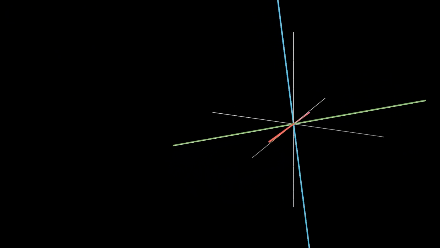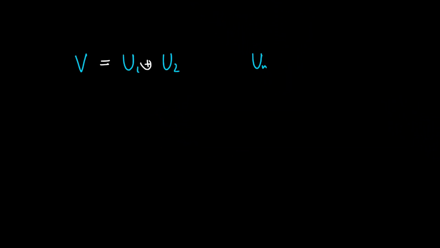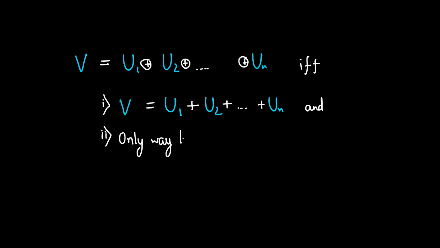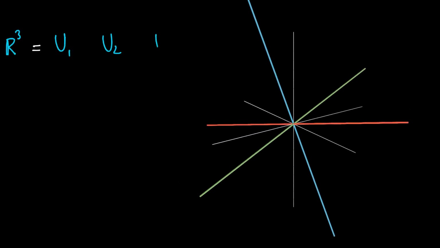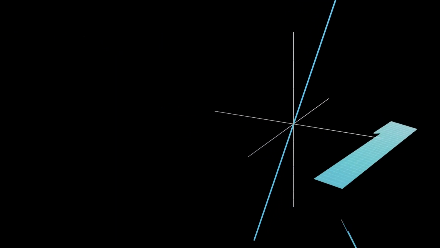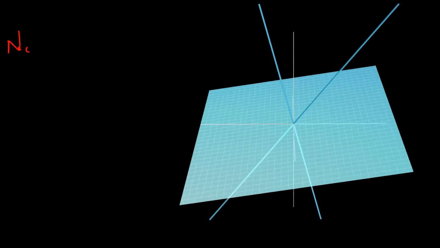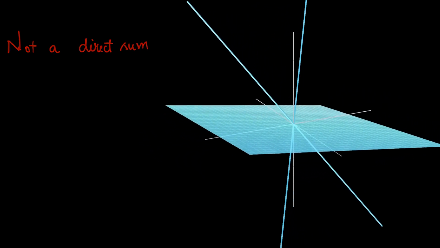Now consider these three subspaces of R3. R3 is a direct sum of these three lines. As for this case, these subspaces do sum to R3, but they do not form a direct sum. In general, if there are n subspaces of V, then V is a direct sum of these subspaces if and only if V is a sum of these subspaces, and the only way to write 0 is by taking all the vectors as 0. Going back to this example of three subspaces, the only way we can get a 0 is by taking all the vectors as 0, whereas in this case 0 can be written in multiple different ways.